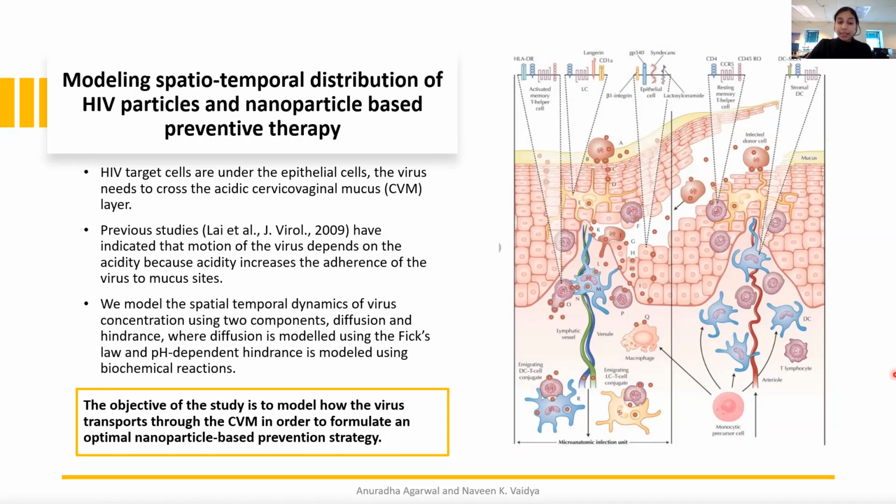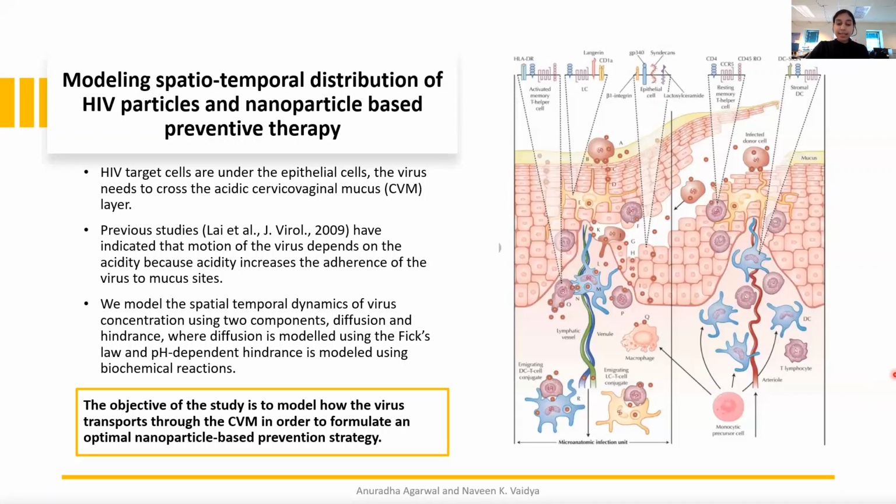Our collaborator, Dr. Bibo Dion, is developing drug-filled nanoparticles with a combination of tenofovir and maraviroc drugs for the preventive therapy. When these nanoparticles are applied, they attach to the virus and destroy them before the virus reaches the target cells